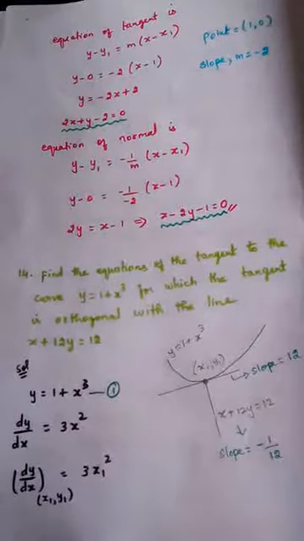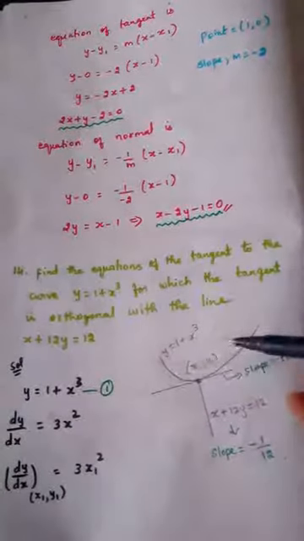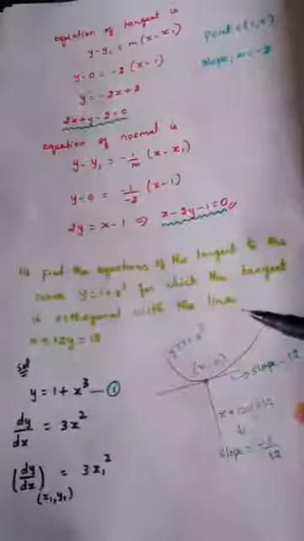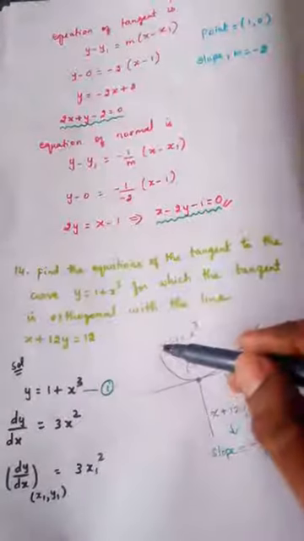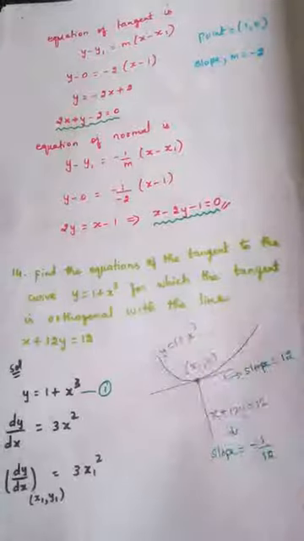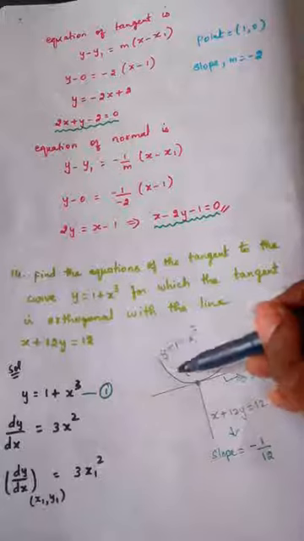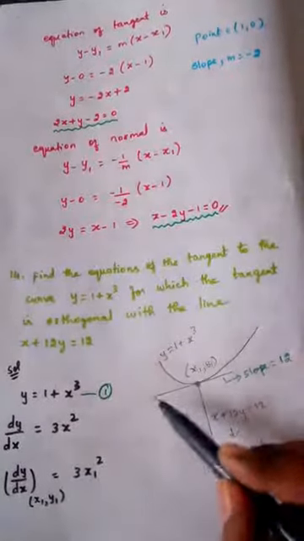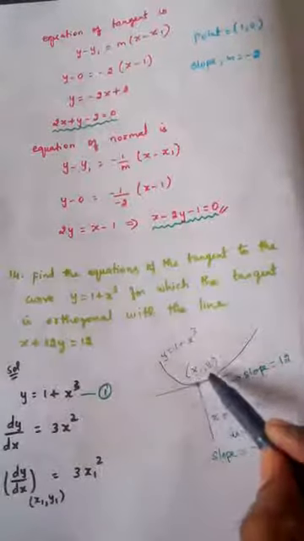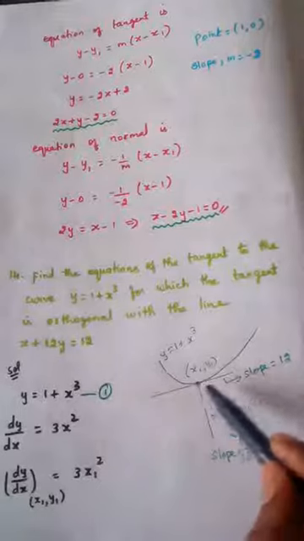For a better understanding, we are going to draw the rough diagram. So this is the rough diagram for you. Again I am going to say this: this is not a proper original diagram of this curve, this is a rough diagram. Y is equal to 1 plus x cube. Suppose this is the curve, y is equal to 1 plus x cube, and this is the tangent at the point x1 comma y1. We need to find the equation of this tangent.